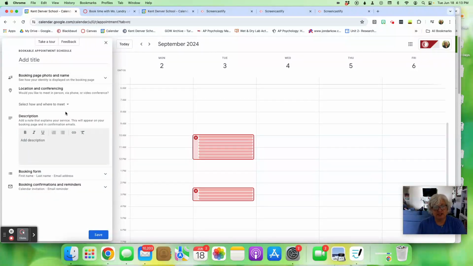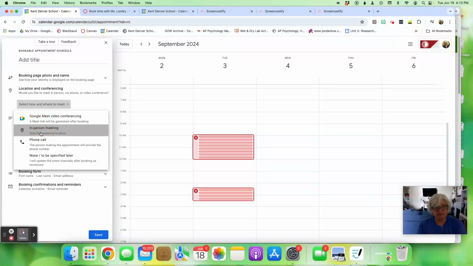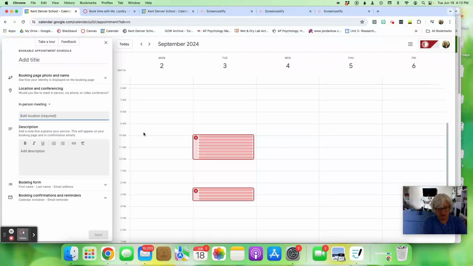Now, under location, I'm going to put in person. You can choose Google Meets if that works for you. And I'm going to put what room I will be in. I'm not sure why it pulls up Germany, but we'll go with it. And then under booking form. So here under booking form,